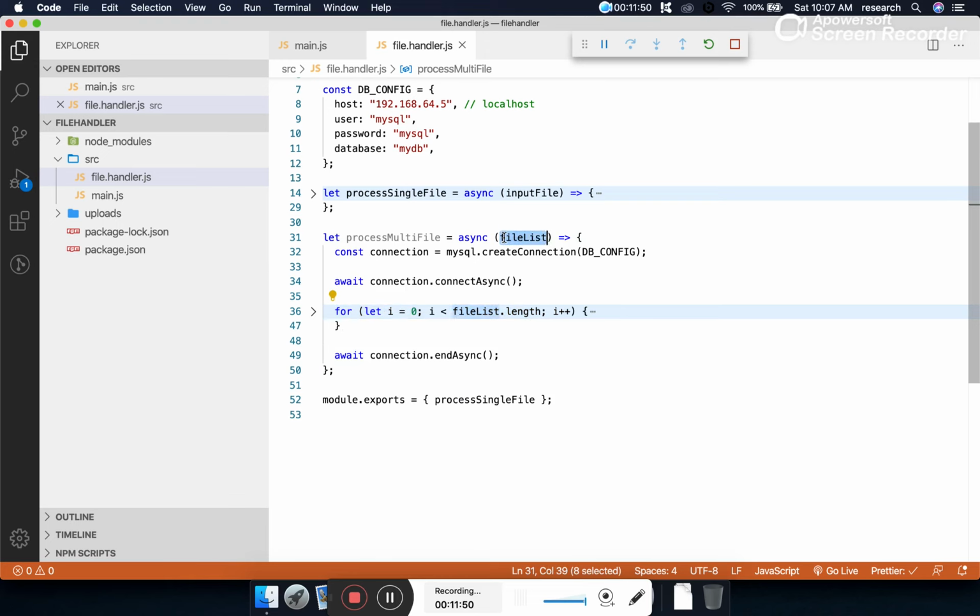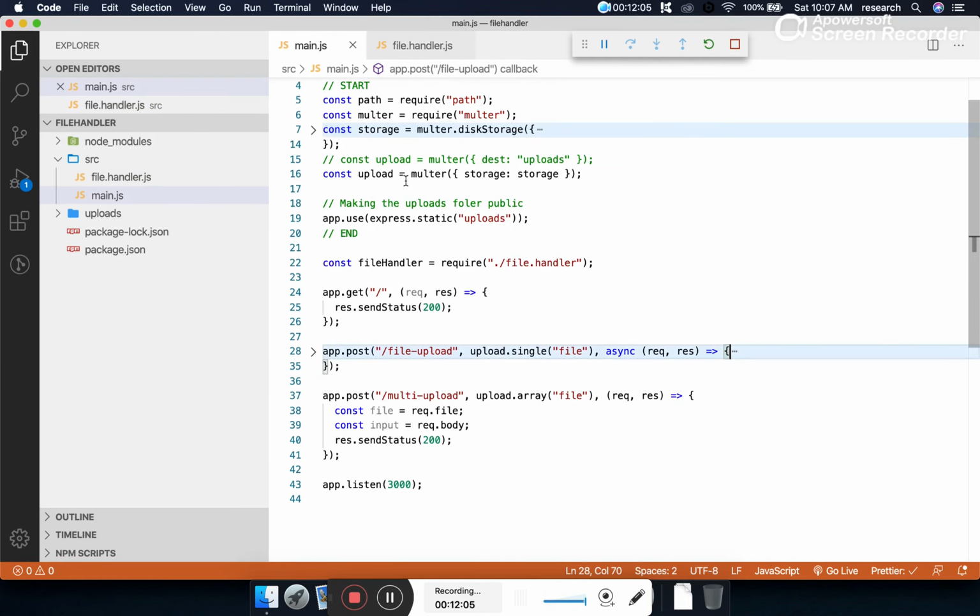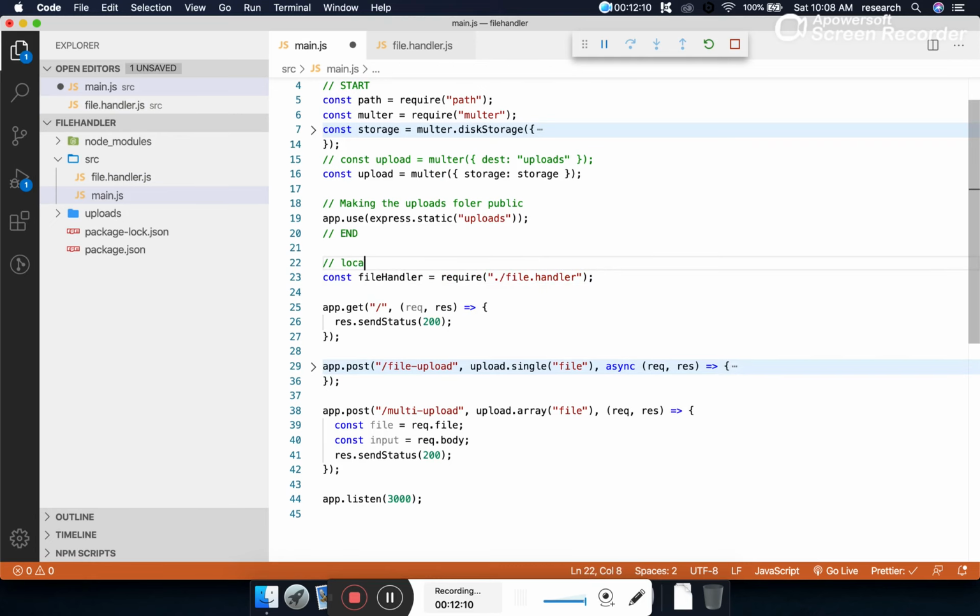Why? Because there is a list of files. That can be 1, that can be 0, or that can be more than 1. And now since it is a separate program, we will export this functionality as a module, which we can use in our main.js. Okay, this is our local module.